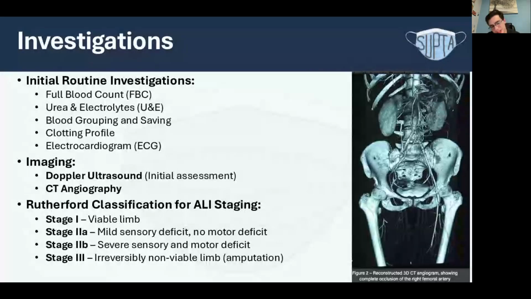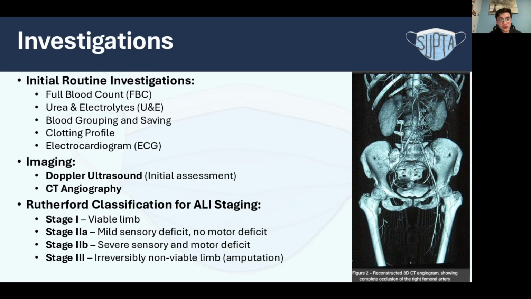It always gets mentioned. It's non-invasive. It's quick. It's simple. So it's true. It very quickly assesses the blood flow to the affected limb. Very quickly, you could already tell, okay, this is what's going on. You can carry on with your management just based on Doppler ultrasound. It's quite powerful imaging. However, all the books mention that it's operator dependent. You have to have someone who can use it